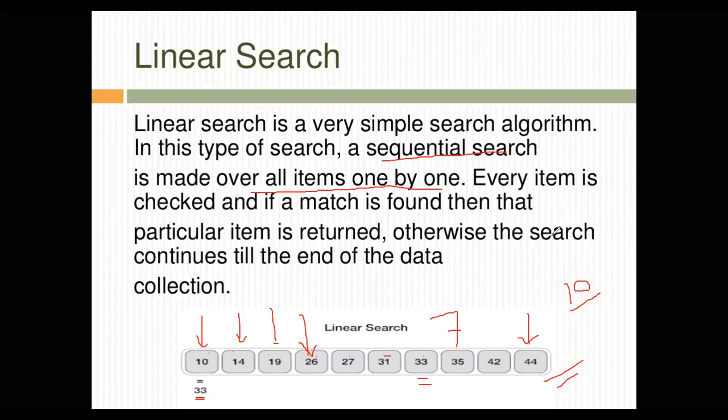Now, again, what is the advantage? The advantage is the algorithm is very simple and straightforward. You go one by one. What is the disadvantage? The disadvantage is that it is very time consuming. Here, if I just have to search through an array of 10 items, it takes almost 7 to 8 seconds. This is the 7th item, so it will take 7 seconds. If I want to search an array of 1 lakh students, in that case, it will take a huge amount of time.